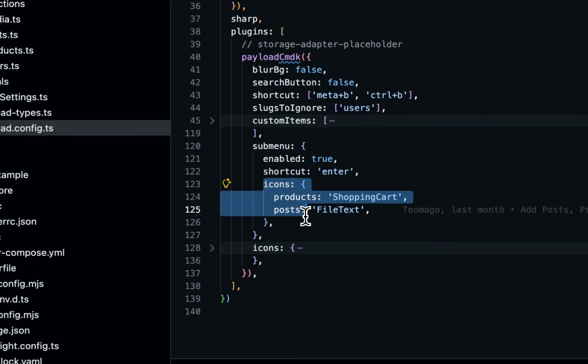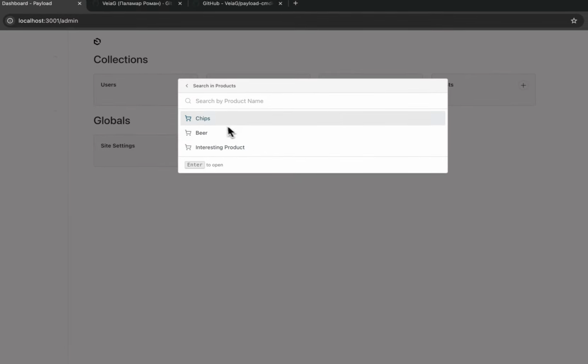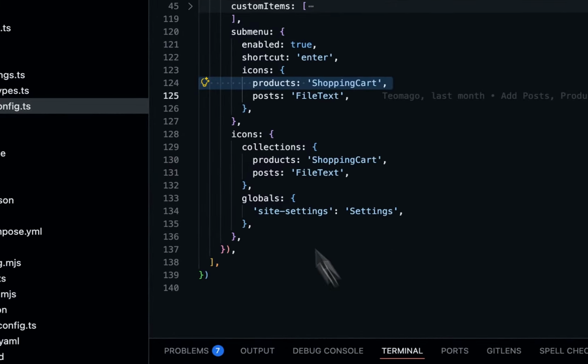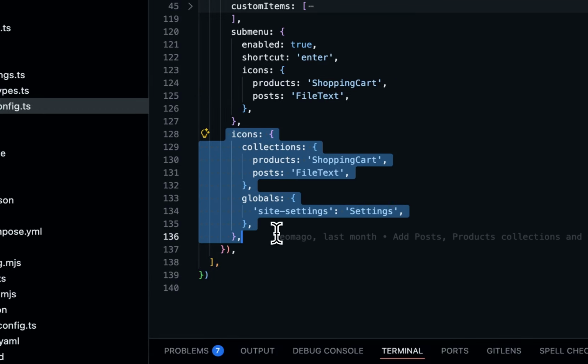The next thing that we want to do is basically assign icons. So here we can assign to our slugs icons from Lucide. And if you configure this, we have the submenu, and see in this case the shopping cart icon that is associated with products. Here, products shopping cart. The last thing that you might want to know about is the icons configuration of this